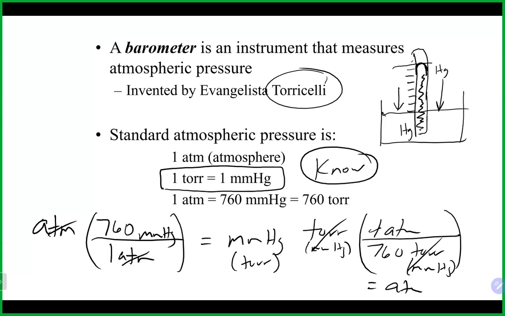There are definitely other units of pressure that you sometimes come across. But I would say if you want to think about the big three in terms of units for chemistry pressure, these are probably the big three: atmospheres, torr, and millimeters of mercury. There are other units like pascals, kilopascals, and a bar as well. A bar and an atmosphere are pretty close to each other, like 1.01 to 1. So they're fairly close in terms of value.